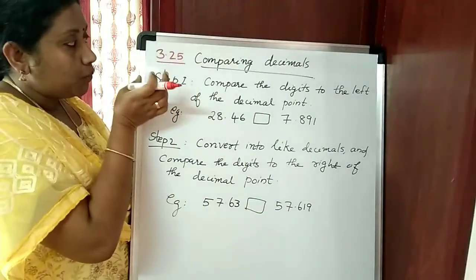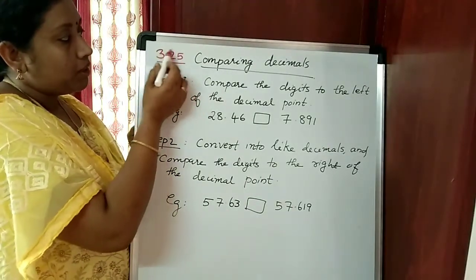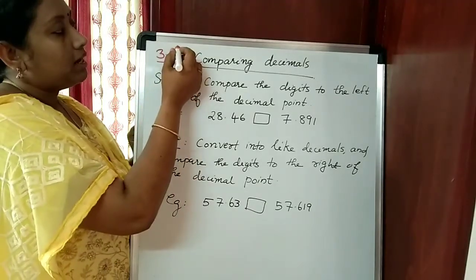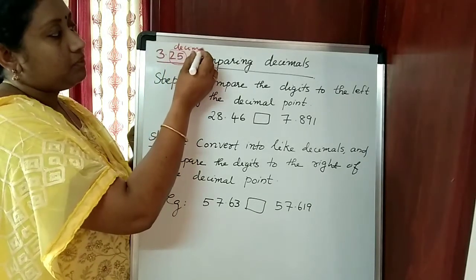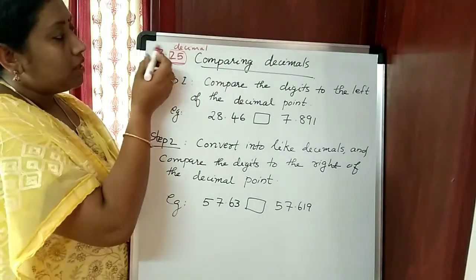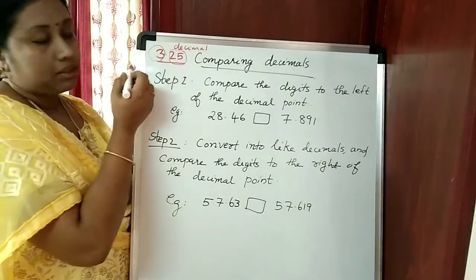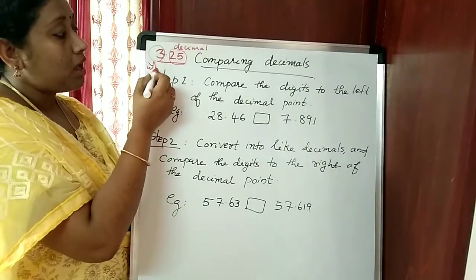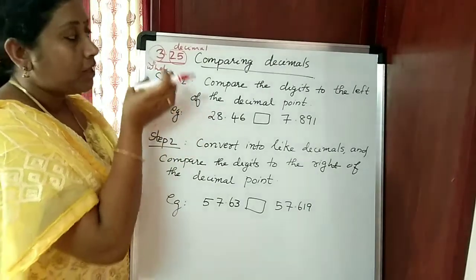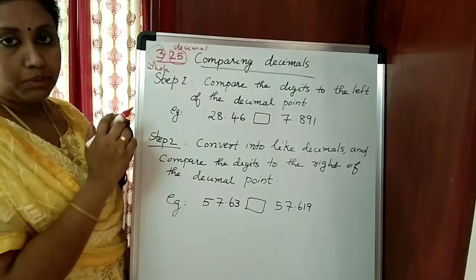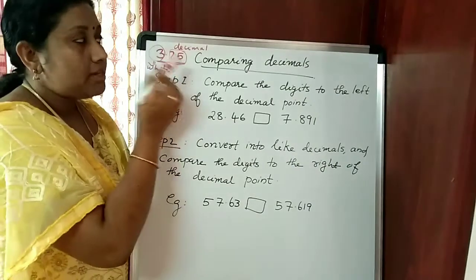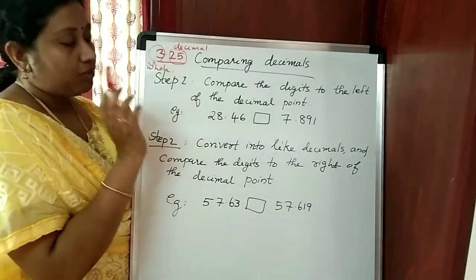After the decimal point there are two digits. These two digits are called the decimal part. The number on the left side of the decimal dot is called the whole number part. Another name for the whole number part is the integral part. A decimal number has a whole number part and a decimal part. So when we compare